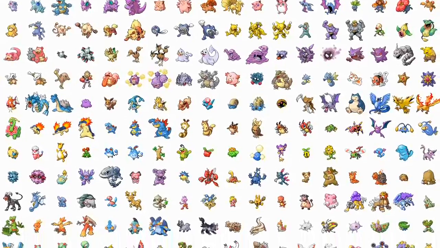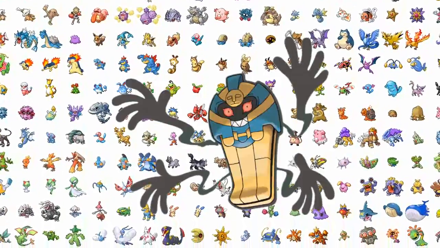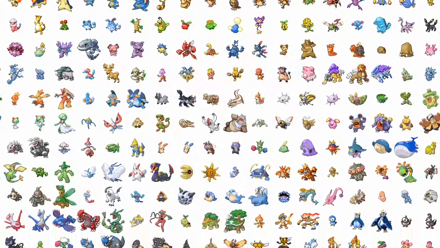Just thinking of all the varying Pokemon designs out there. The creativity goes all the way from Crobat to Cofagrigus, from Houndoom to Sylveon, from Legends to...